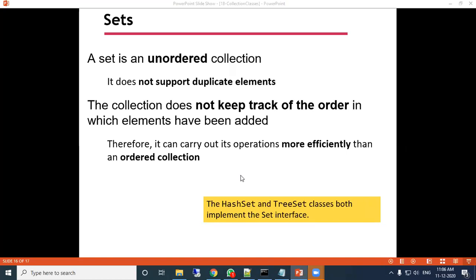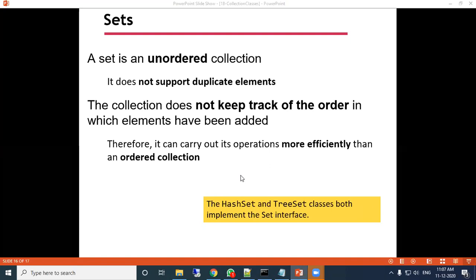Sets class. Set is an unordered collection. You know set in mathematics, you have learned set. So set is an unordered collection. It does not support duplicate elements. If you put any duplicate element, it will not put it internally.